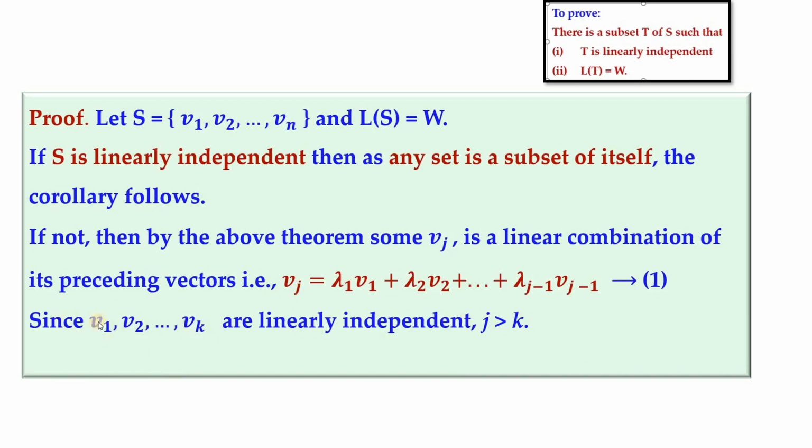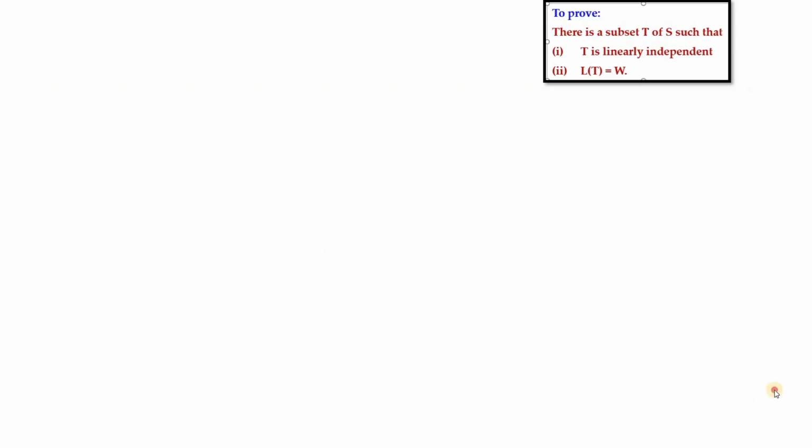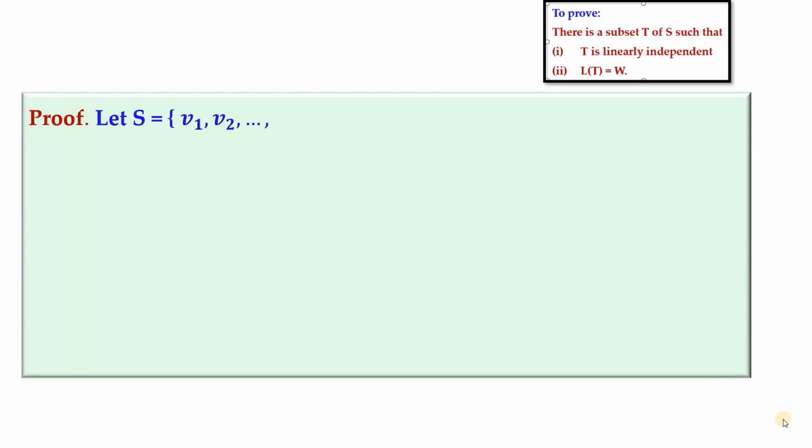So it's only for this place that we are using V1 etc. Vk are linearly independent. So when S is linearly independent, then the corollary is directly proved. If not, only then we have to consider the theorem and we have got it. Okay, so we have